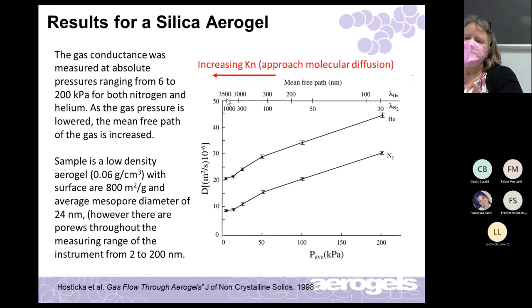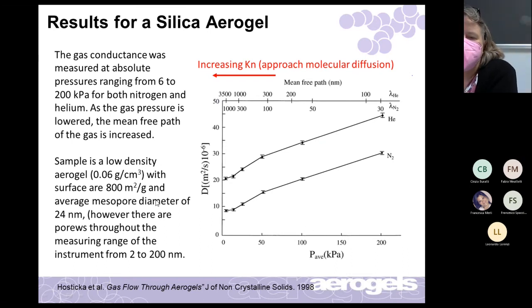And so as you lower the pressure, and up on the top, they've plotted the mean free path of the material, whether it's in helium, and here this gamma is mean free path, helium or nitrogen. Okay, so this is increasing your Knudsen number, approaching molecular diffusion as you go lower and lower. So the particular sample was a pretty low density aerogel, surface area of 800 and a mesopore diameter average of 24